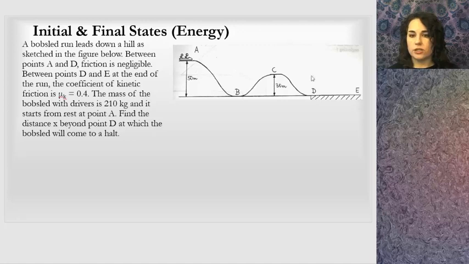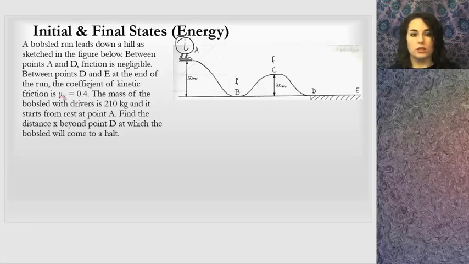I picked this picture out because it looks like some sledding people. They go down a hill and then they go up another hill, and then it looks like there's some friction down here between D and E. And you can see that we may have multiple final points, right? Of course, they start up on the hill, and I can note that. There's the initial position. But we could have the final at B, we could have a final at C, we could have a final anywhere along this point. That's true. So how do we deal with this?